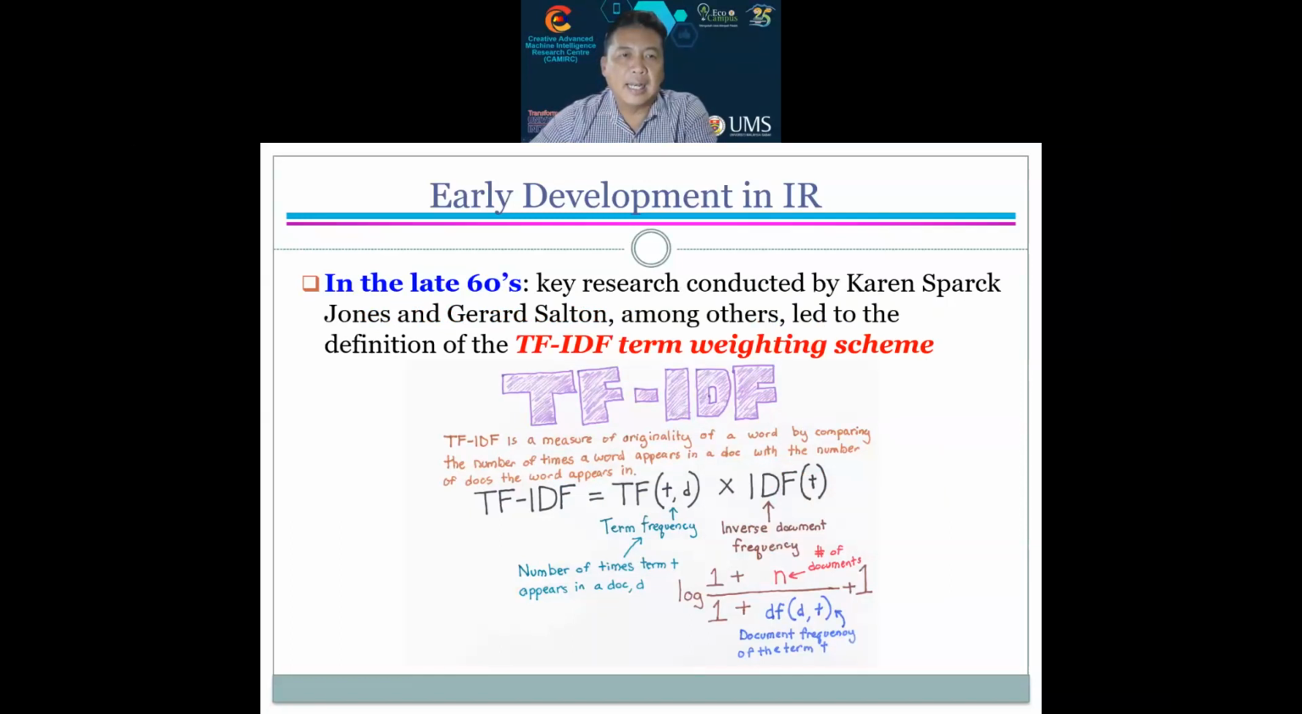Then later in the late 60s, they introduced this TF-IDF term weighting scheme. So this is how they represent the document for the system. This is how the computer computes and converts the document into this format called term frequency, dash